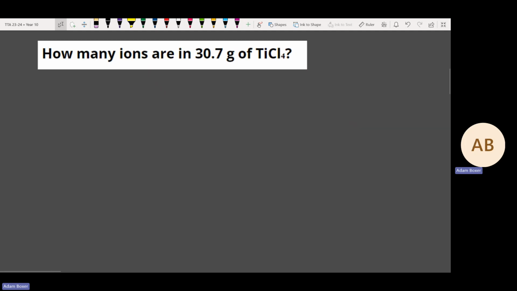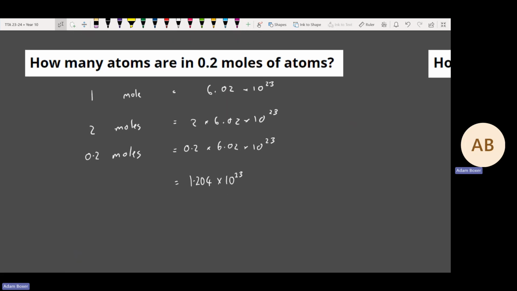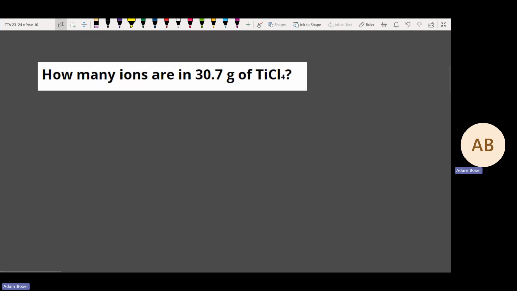This is where things start to get a bit more complicated because there are multiple steps here. First, I can see that I've been given a mass, and I've been given a specific substance. In the previous one, it was how many atoms, and it was very generic, it didn't tell me any particular substance. Whereas here, I've been given a particular substance, and importantly, it's asked me for how many ions there are. So the first thing I want to do is turn this number 30.7 into moles. So step 1 is moles equals mass over Mr, which in this case is 30.7 divided by